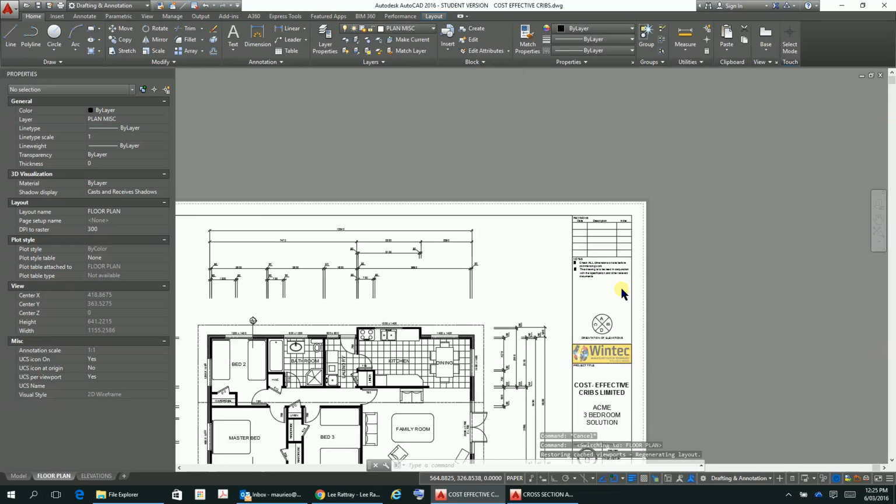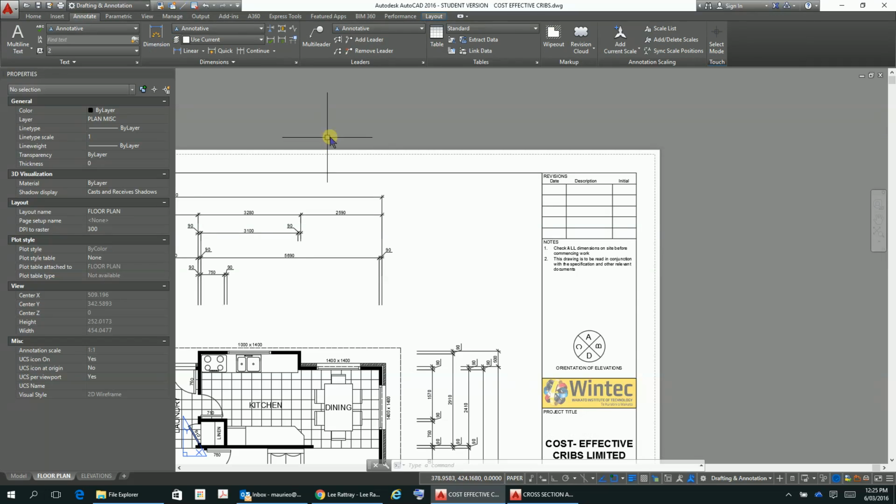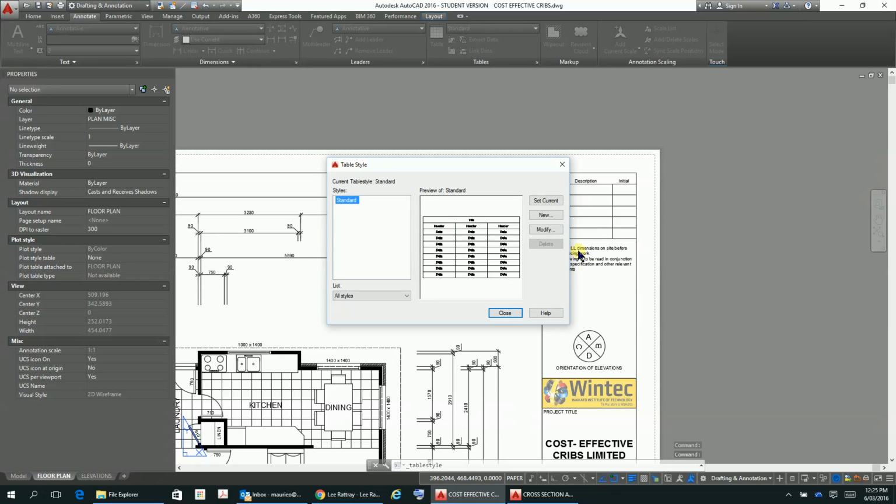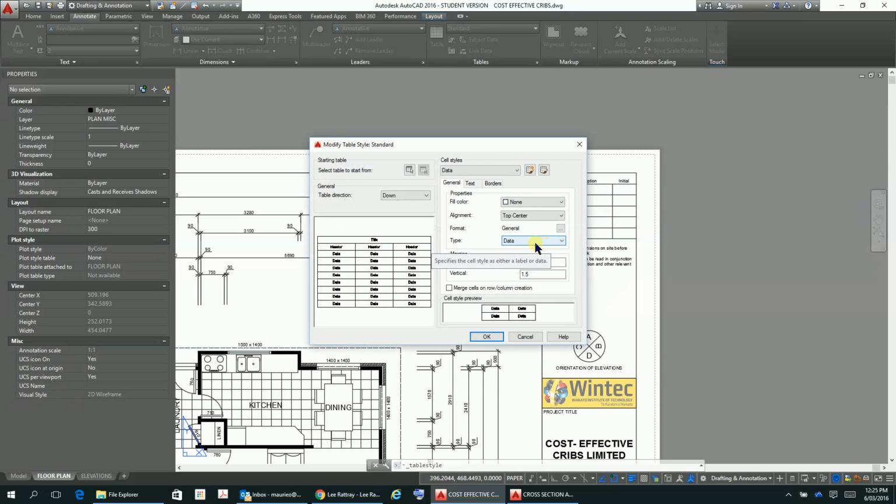So okay, under annotate here, we have a table, and as in a lot of the things in annotation, it has a table style. So standard table style, and we'll set that to current, but we'll just have a modify here just to see what it is. Now for this particular table, it starts at the front here, and it looks at the general settings in here. So fill, color, alignment, top, center. I'd probably go for middle center at this stage. And now this is for data. So here's data, which is going in these columns here. Align. So let's have a look. Yeah, alignment,